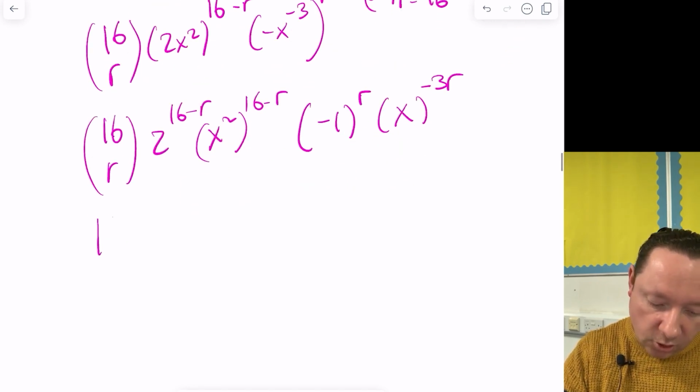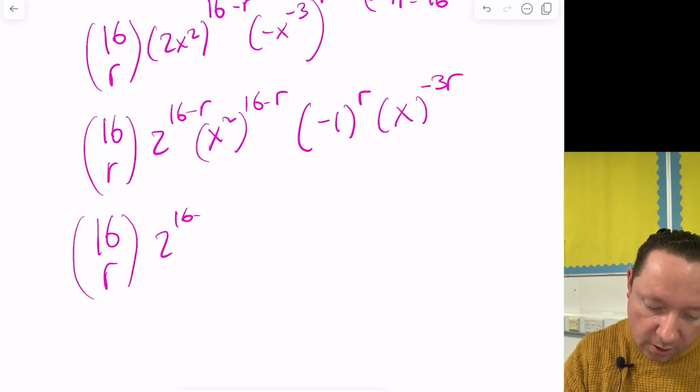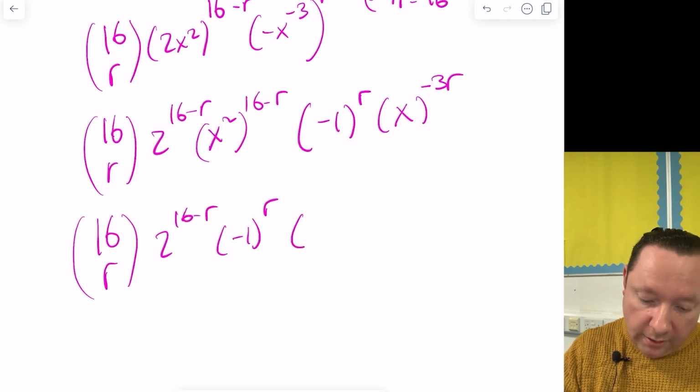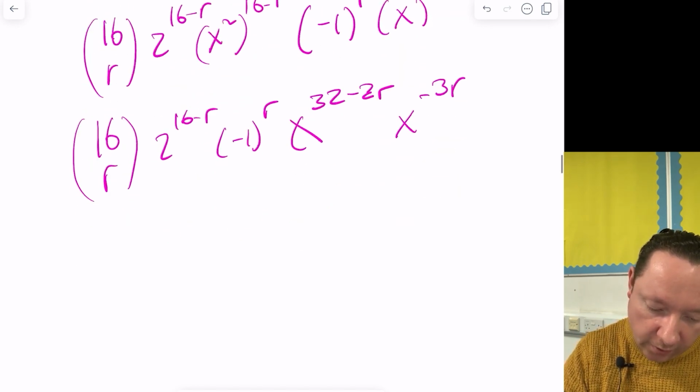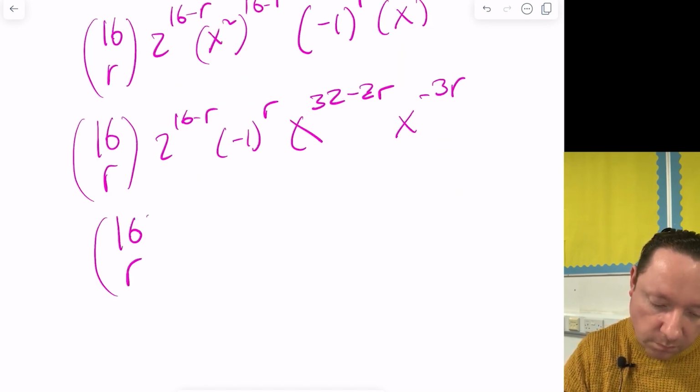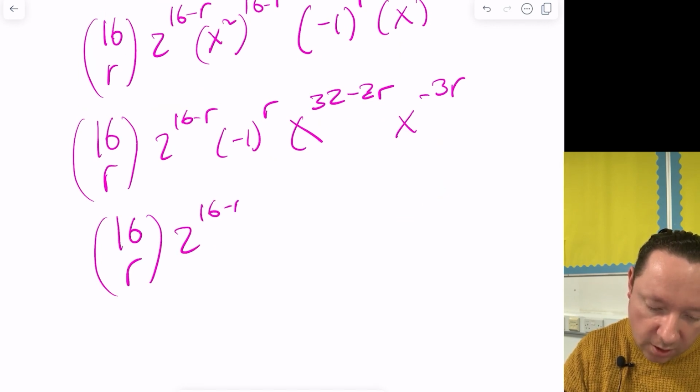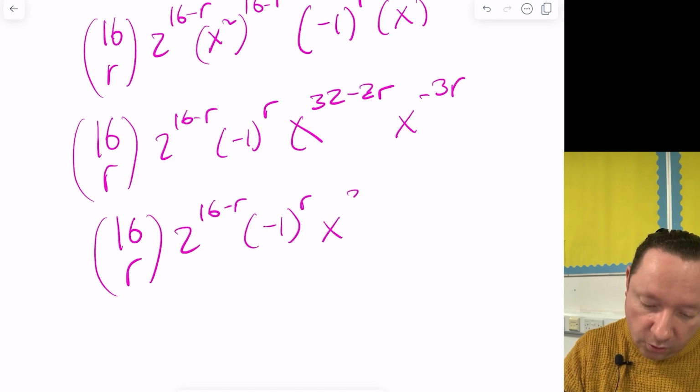So that's 16 choose r, 2 to the 16 minus r, minus 1 to the r, x to the 2 16s is 32, minus 2r, and then x to the minus 3r, and finally we get 16 choose r, 2 to the 16 minus r, minus 1 to the r, x to the 32 minus 5r,